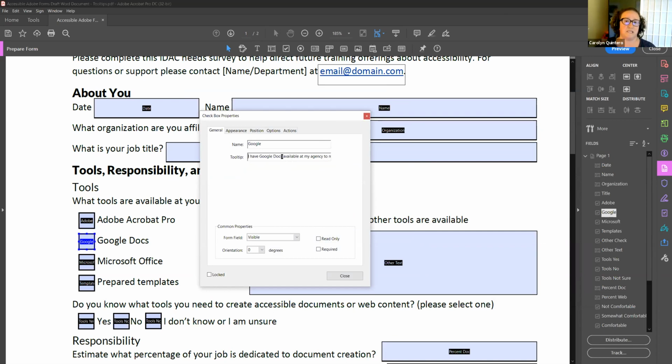One way you can speed this process up is if you have to repeat this same format for multiple choices, you can copy your tooltip, go to your next one, paste it in, and then just change the choice. So instead of I have Google Docs, this is going to be Microsoft Office. So that can help speed up the process, especially if you have lots of multiple choice or lots of ranking options available on your page. You just want to make sure you update the relevant information. And then again, I have prepared templates,